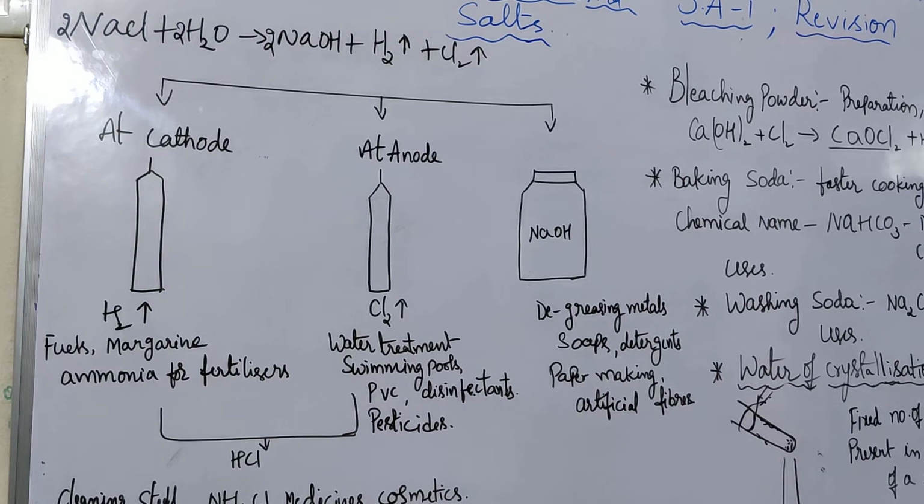Next, among all these salts, common salt is very famous and is the most commonly known salt. Why? Because it gives taste to the food, and at the same time it is used as a raw material for many chemicals, for example sodium hydroxide, baking soda, washing soda and bleaching powder. In all of these, the raw material used is common salt.